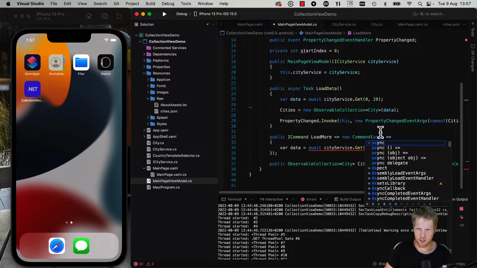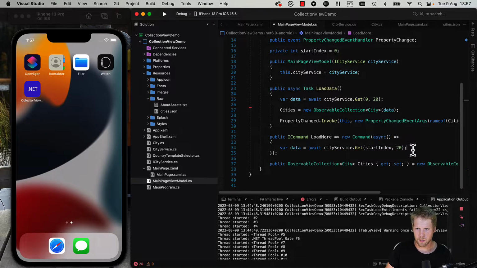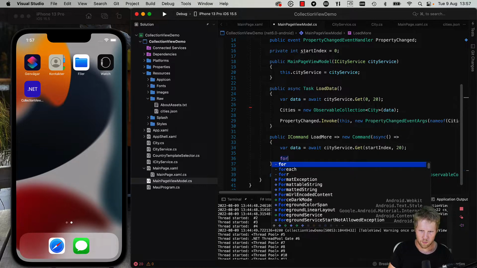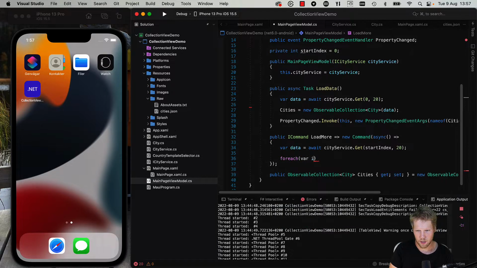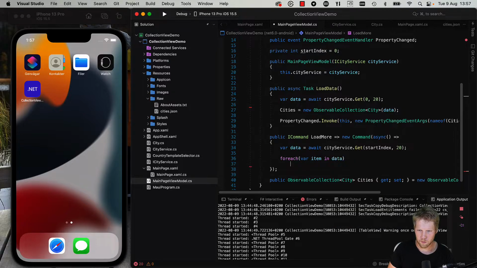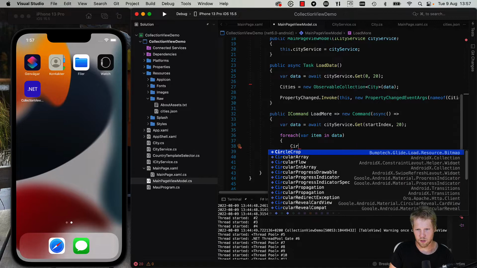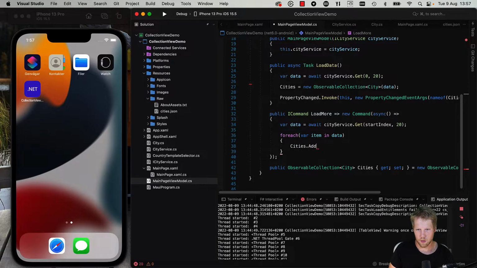And we need an async keyword there, like this. And now we can do it like this: for each item in data, and then we can just add them in the end of the cities collection view, like this. So now we can go to the XAML